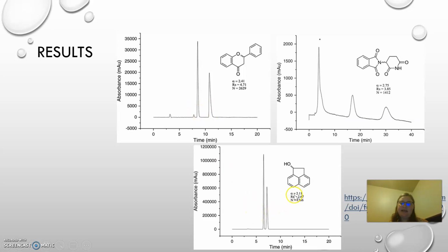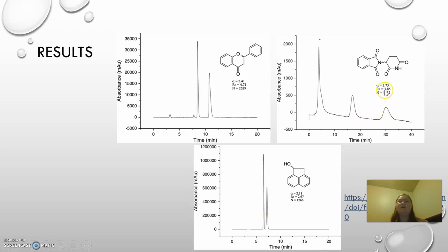The A and RS here are just the separation factor and resolution. You want these to be as high as possible. You can see that the resolution and separation factor are lower for this one because the peaks are closer together than these 2.